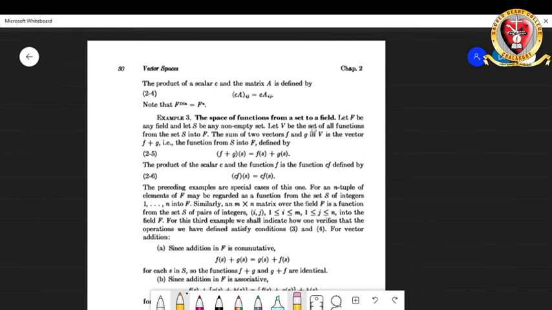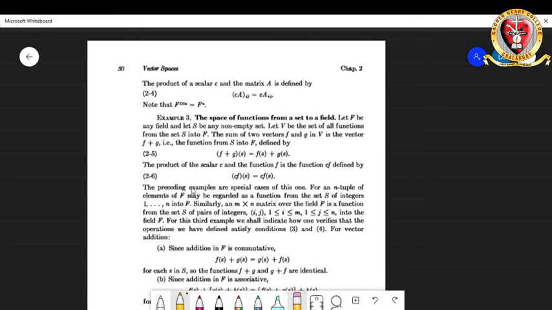Let F be any field and let S be any non-empty set. Let V be the set of all functions from the set S into F. The sum of two vectors f and g in V is the vector f plus g, that is, the function (f plus g)(s) is equal to f(s) plus g(s). The product cf is defined by (cf)(s) is equal to c times f(s),